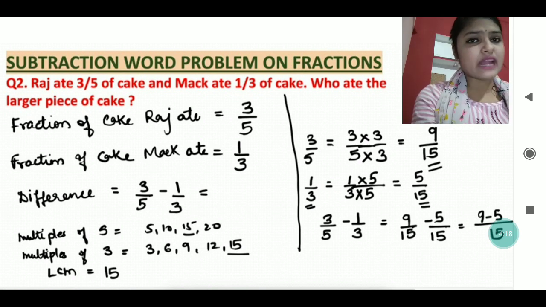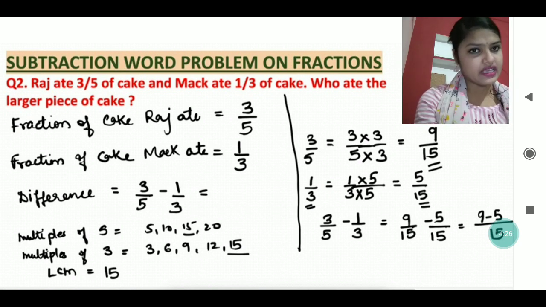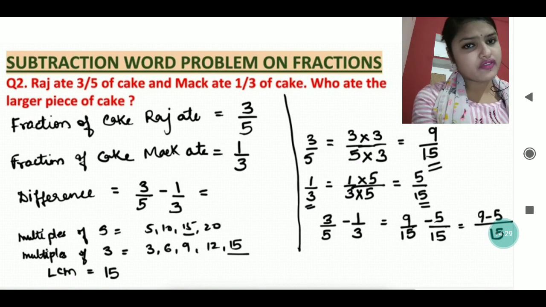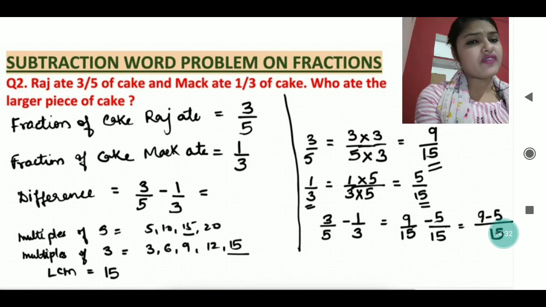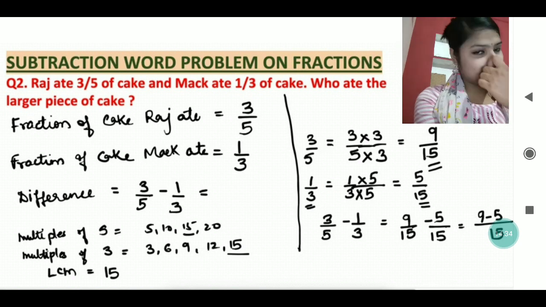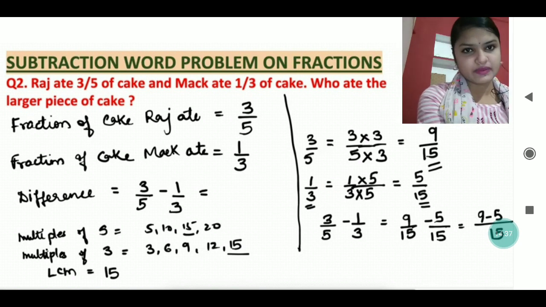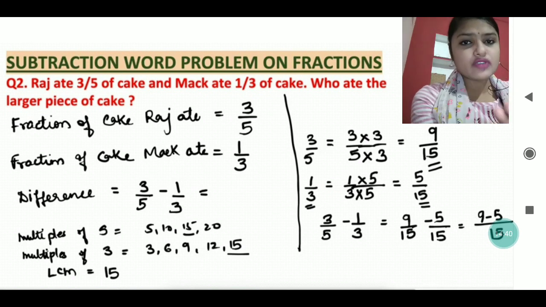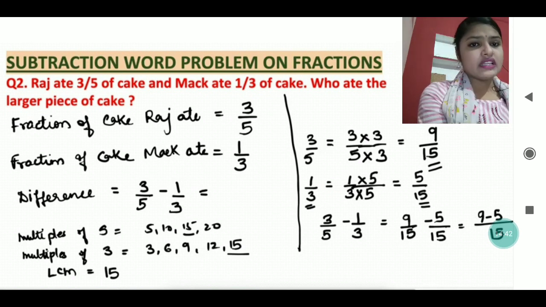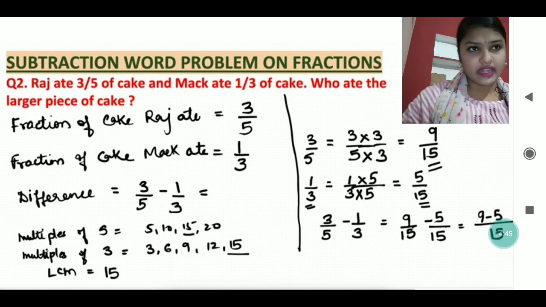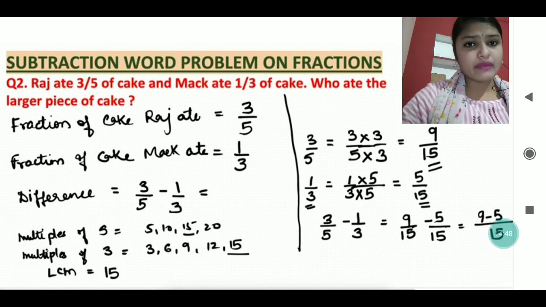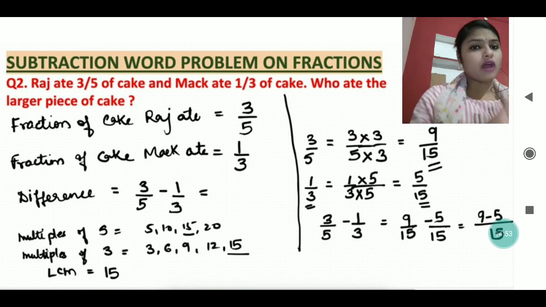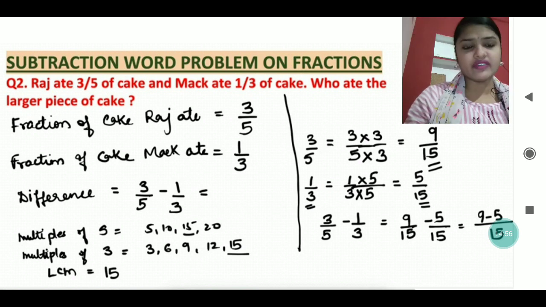But here we are seeing that both the denominators are different. So first, for finding out, we will find multiples of 5 and multiples of 3, or else we will find the LCM. Here multiple is fine. So in multiple also the common has been taken. You don't get confused. The multiples of 5 we are finding out: 5, 10, 15 and 20. And multiples of 3 are 3, 6, 9, 12 and 15. So the common between these two is 15.